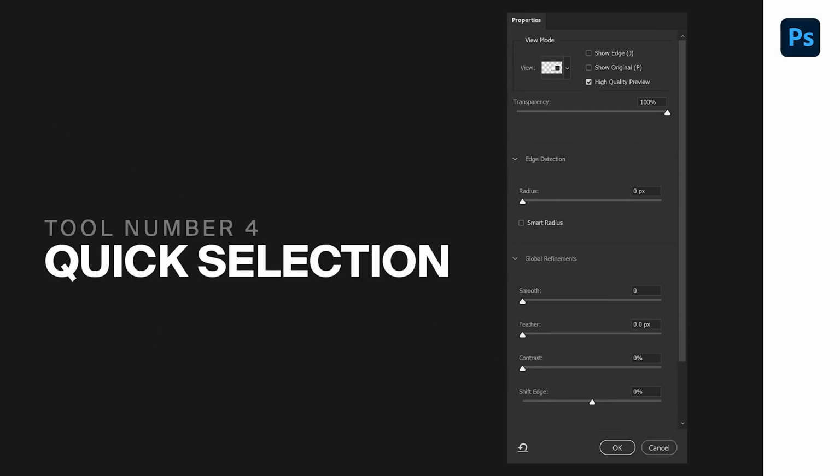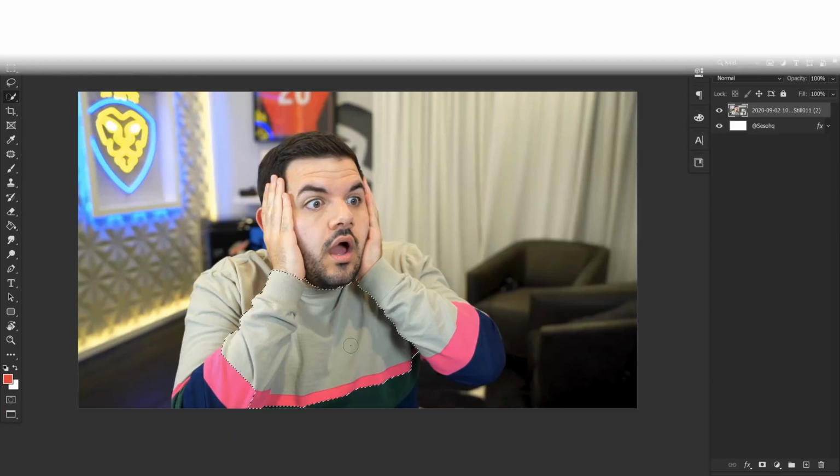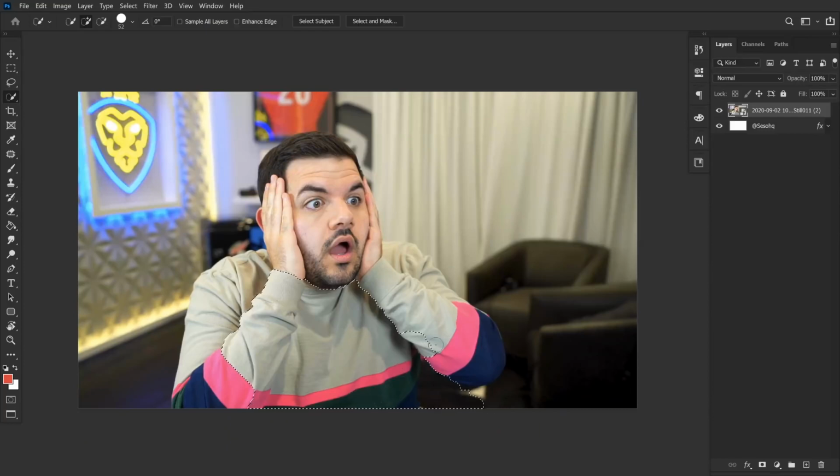Alright homies, so now for the last tool or option here, it is known as Quick Mask Mode. It's honestly something I get asked maybe 5 or 6 times while I'm streaming, and it's just something I like to use when I'm cutting people out. So if you guys are like me at all and utilize a quick selection tool and not just the pen tool or even select subject to quickly cut things out or people,